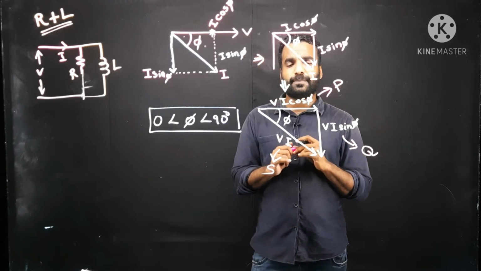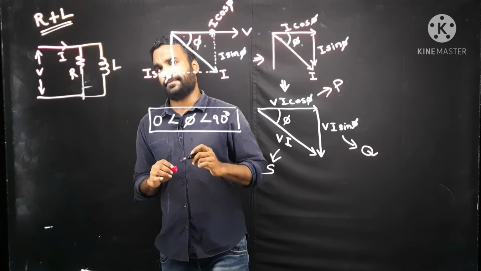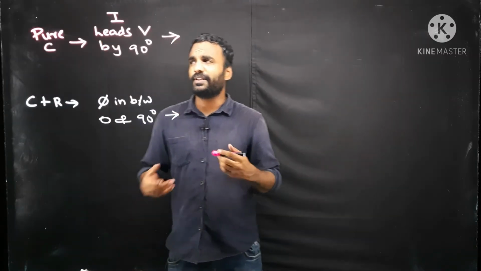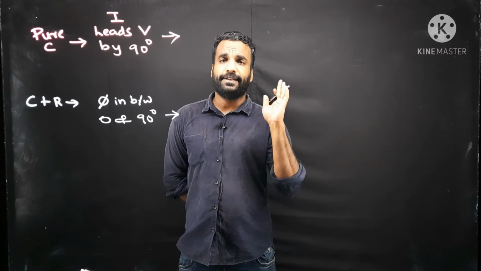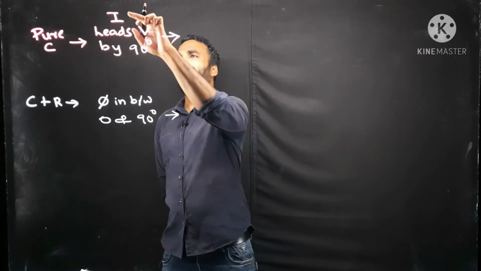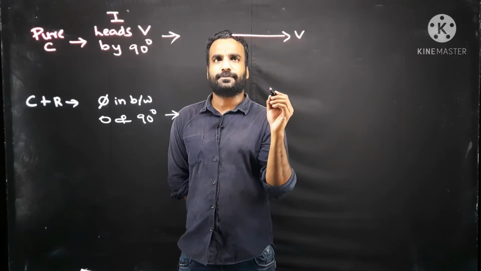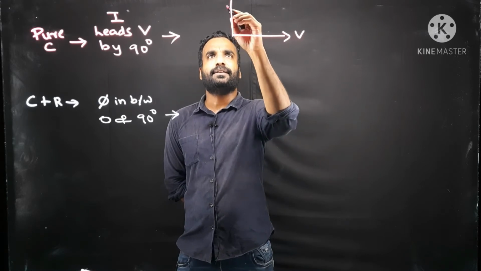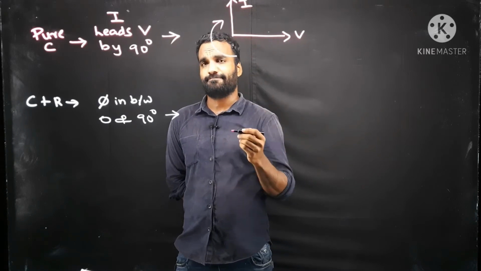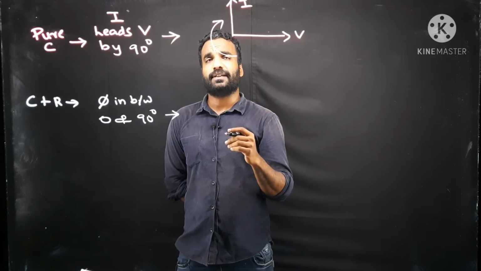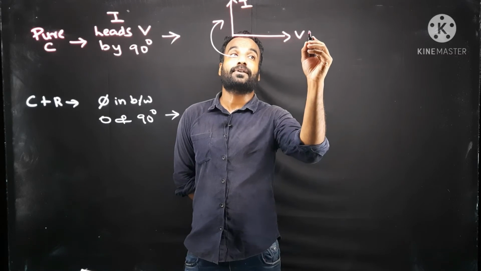If it is clear, we can move to the case where a pure capacitance is connected. So now things are more clear. It is a pure capacitor, so it is 90 degrees leading. What is leading? Current leads voltage by 90 degrees. So again we are taking voltage as the reference, and as current is leading, this is I. Again apply a clockwise arrow mark. Which one are you seeing initially? Current you are seeing initially. But anyhow your reference is always voltage.